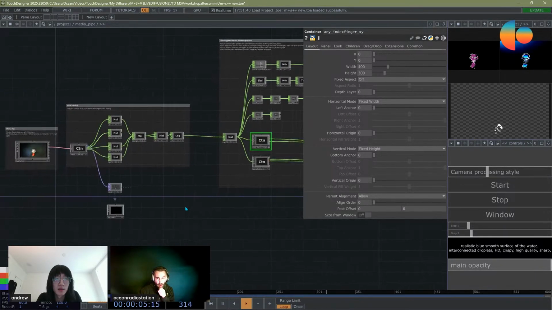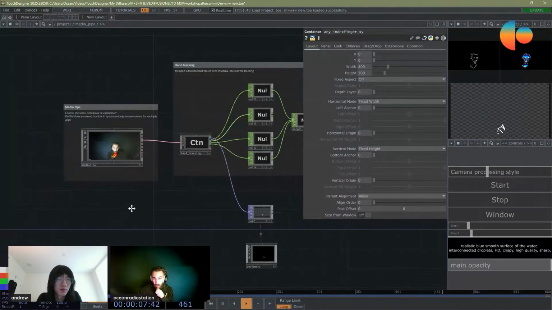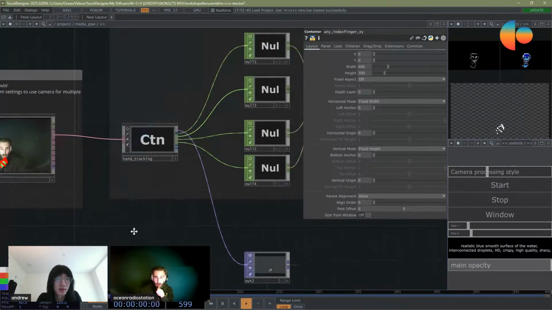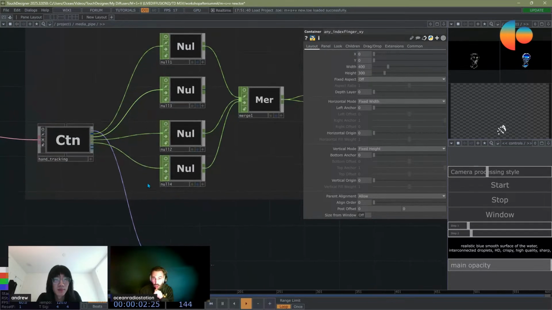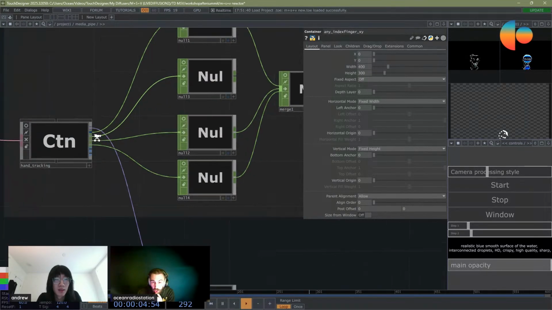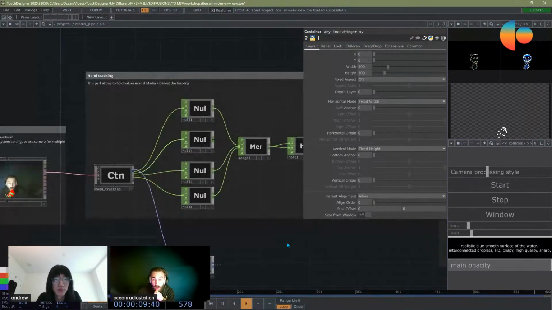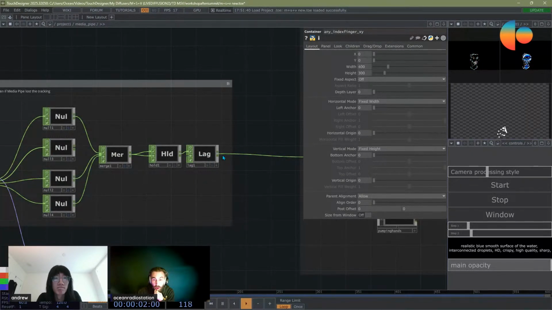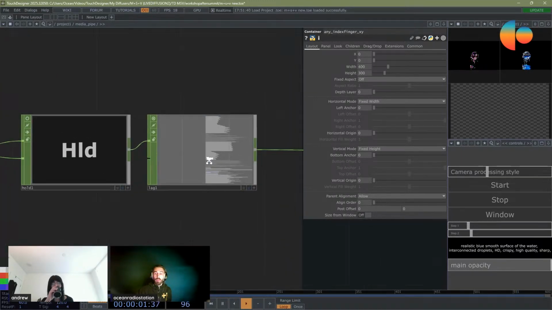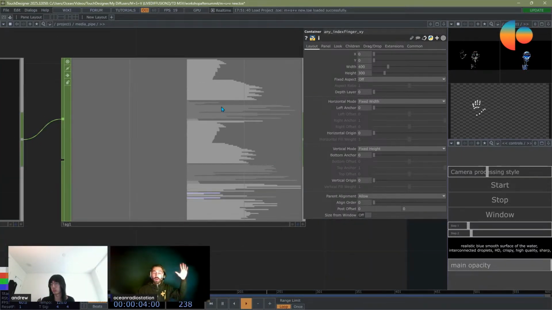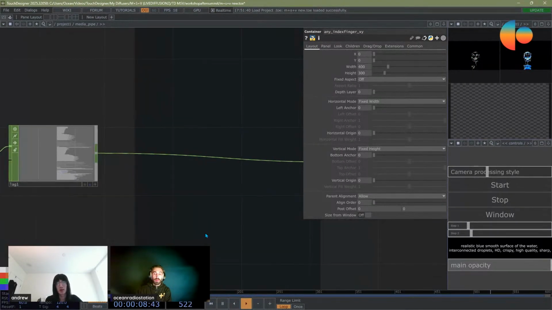In this project, there's MediaPipe and then there's hand tracking. All of the outputs are combined, merged, and then there is a little hold and lag to keep it. If MediaPipe loses the tracking, it holds all the inputs.